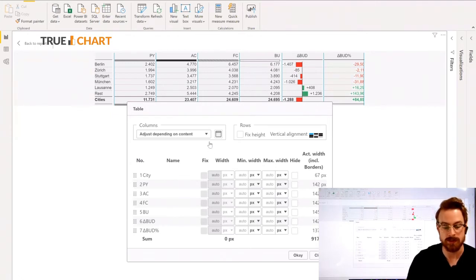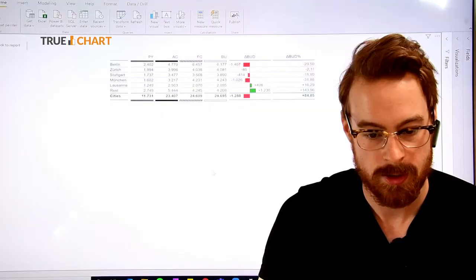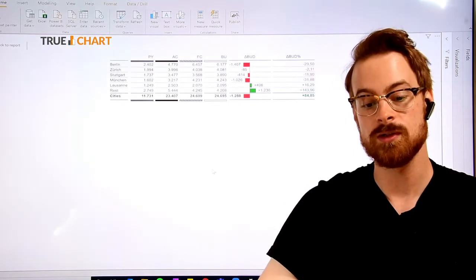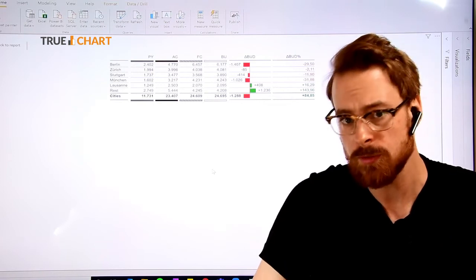Here you can adjust the columns if you would like. So I'm going to choose right here, no automatic adjustment, because I want to reduce the space taken by the different columns. Sometimes you need to try some things, so let's gonna fix those here. I'm gonna just type in 75 pixels. Let's see how that turns out. Go on OK, and you can see we just reduced the space taken by the table by a huge amount,